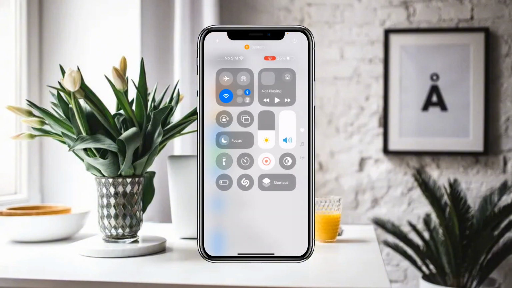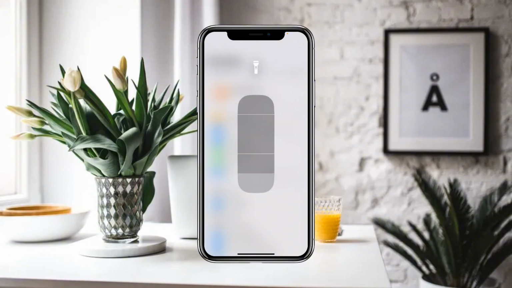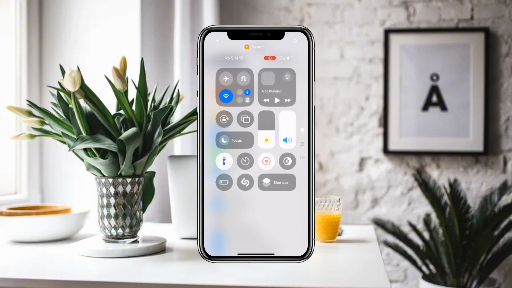But if you want to change the brightness, then you have to press and hold the flashlight, and after that, as you increase the brightness strength, as you can see, it will change the brightness. So if you want to change these settings, you can simply access them from here. Press and hold your flashlight, and after that you can see